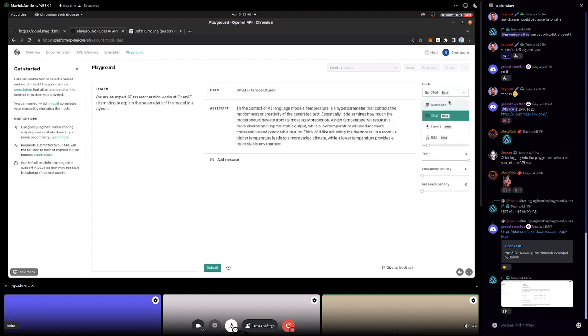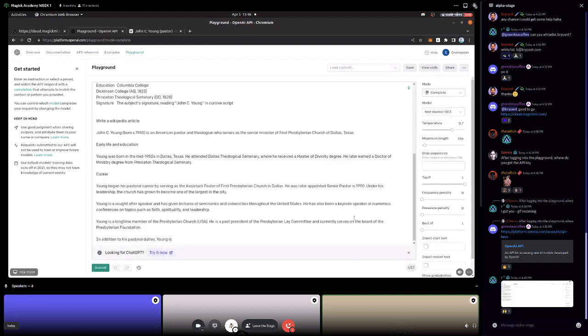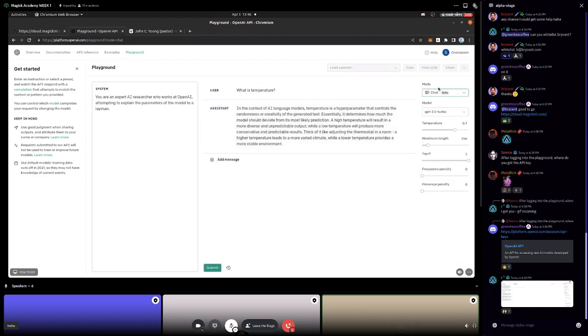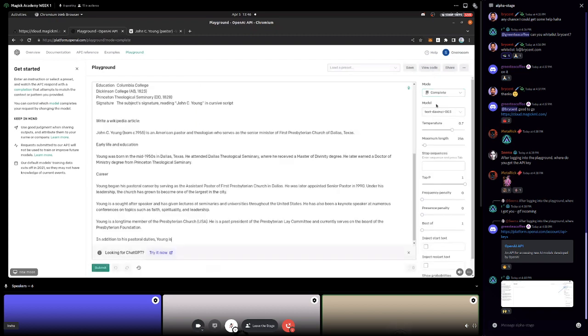So the main two completion types we use are completion mode, or text completion, and chat completion. There are others. There's insert and edit, but they're more advanced. You can do them on your own. They're not super intuitive for the kinds of pipeline flows we use. They can be, and you certainly have access to them. But I really recommend starting with those two, because it's a very easy model to get a lot of value from. So let's talk about the parameters.